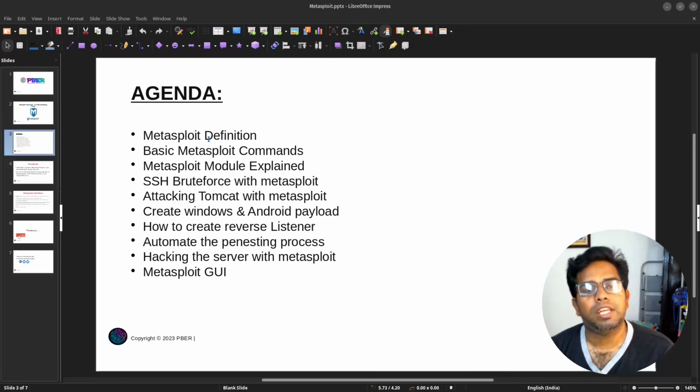There are various Metasploit modules available, so we're going to talk about the purpose of them in this one. And once we are done with the Metasploit modules, I'm going to show an example of how you can use Metasploit to perform SSH brute force and attack a Tomcat server. And I'll show you how to create a Windows and Android payload and how to create